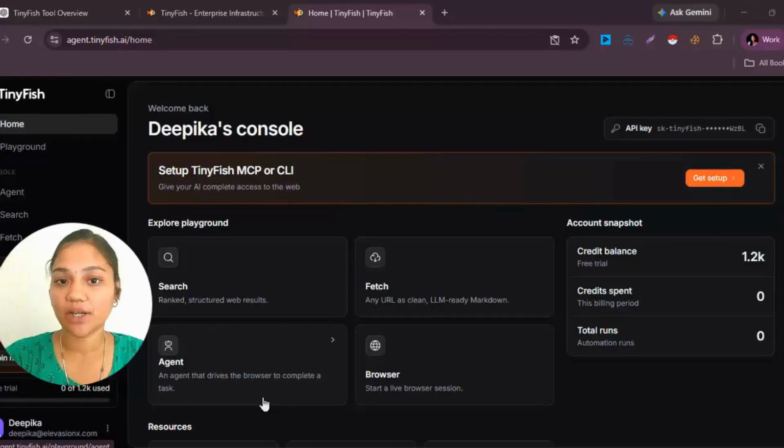Now, you might be wondering why Tinyfish is offering this for free. Their idea is simple. They want developers to build API applications on top of their platform. By making search and fetch accessible, they lower the barrier to entry. As users build more advanced workflows, some will naturally adopt their paid browser automation and agent features. It's a common product strategy and it makes it easy for developers to get started.